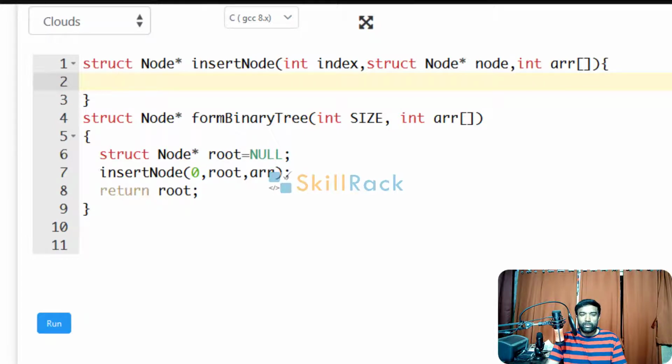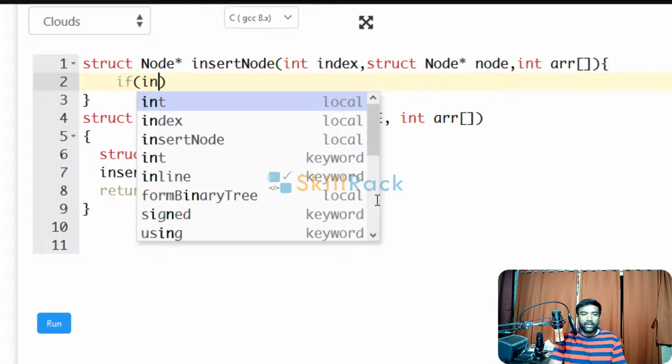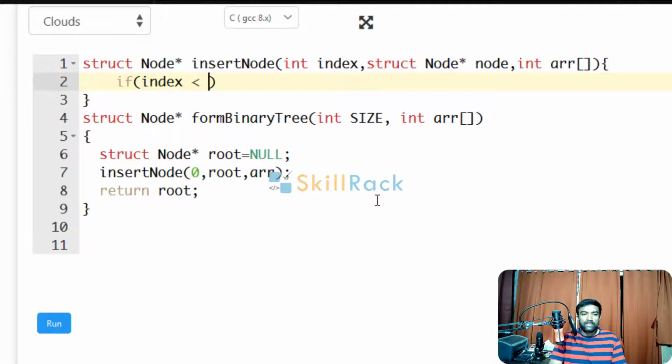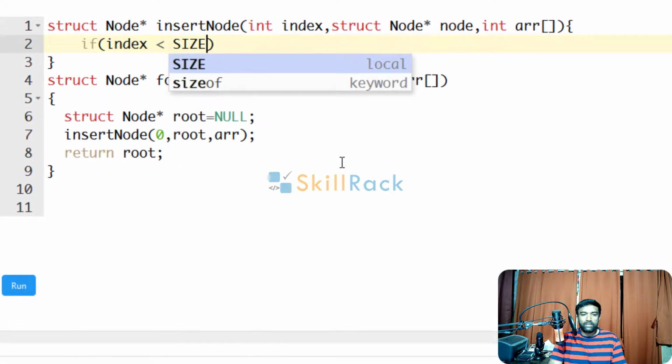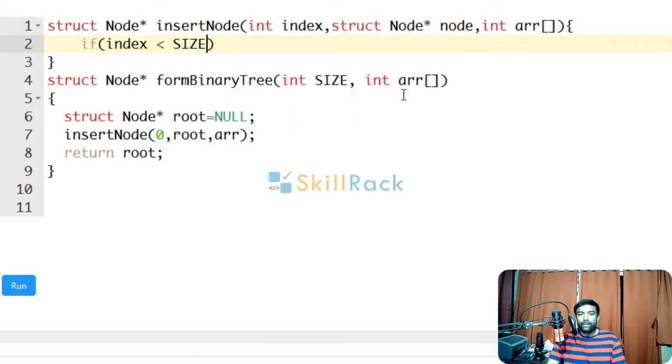What will it do? For whatever index is coming, we have to check if the index is less than the size of the array, because the size must be valid. But we have not obtained the size as an argument.